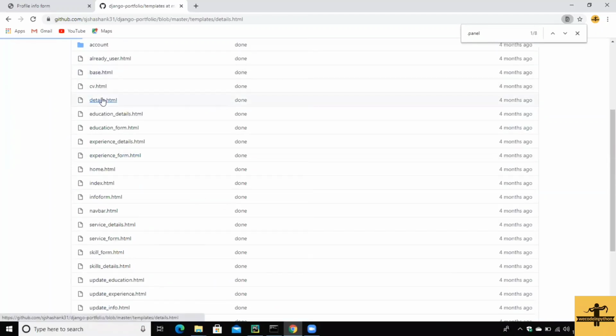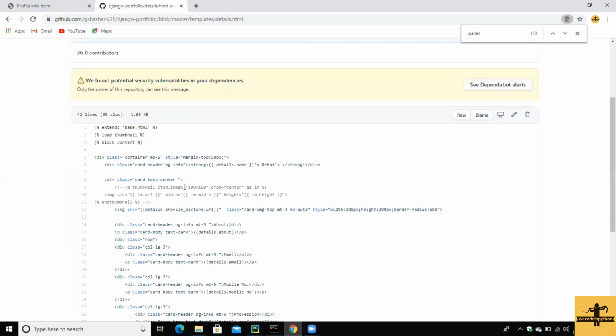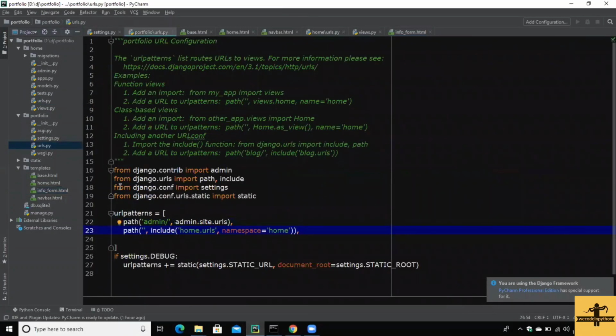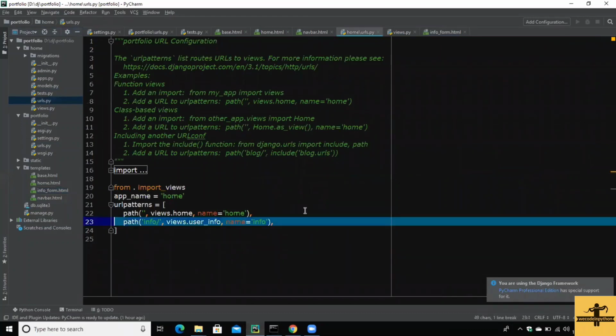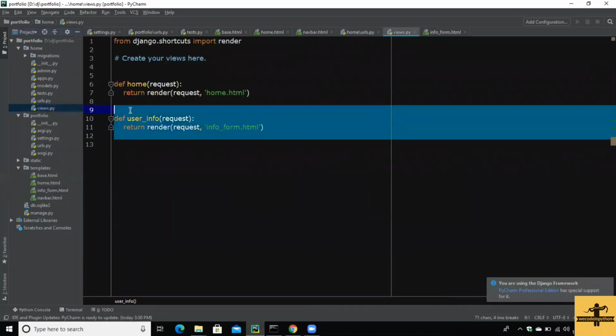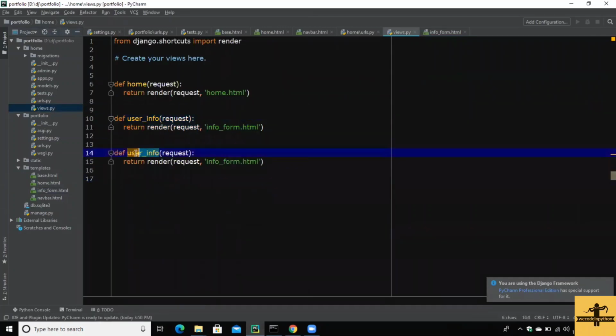So the page is details.html. For that page, we just need to do all these things that we have done before. Just write URLs as before, Control C, Control V. Just change this for details and user info. So views dot details. Name should be details. Simple. Now go to views.py, copy this, just change the function name, that is details, and this details.html. Okay, now here